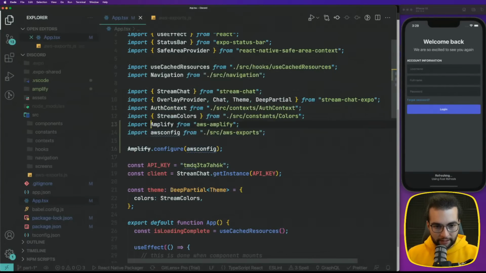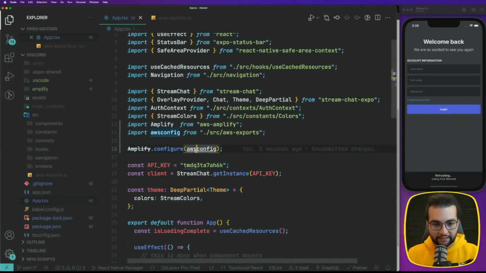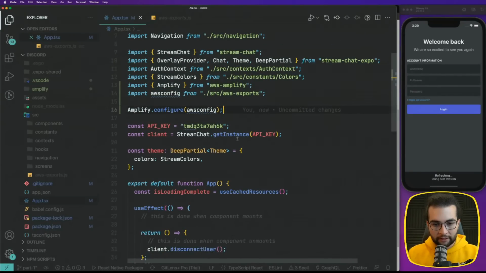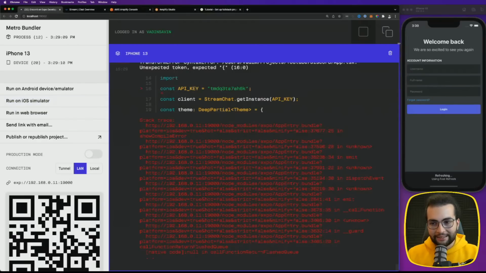See that it is deprecated, and actually it's gonna work, but let me try to destructure it. Will it work like this? Yes, probably the default export like this is the old way of doing it and is deprecated. Default is deprecated, so let's try to do it with destructuring it. So we have here AWS config, and we can refresh our application, but nothing will change. Yeah, we might need to